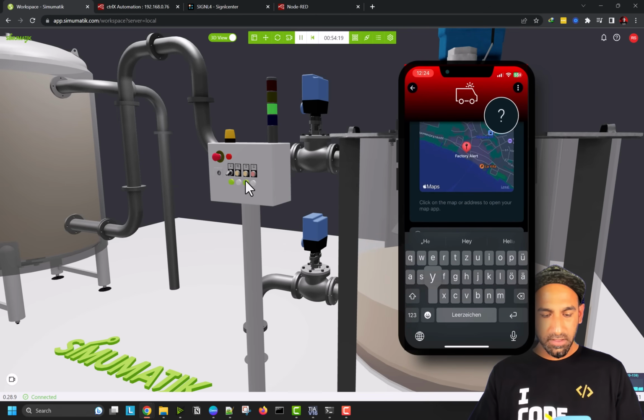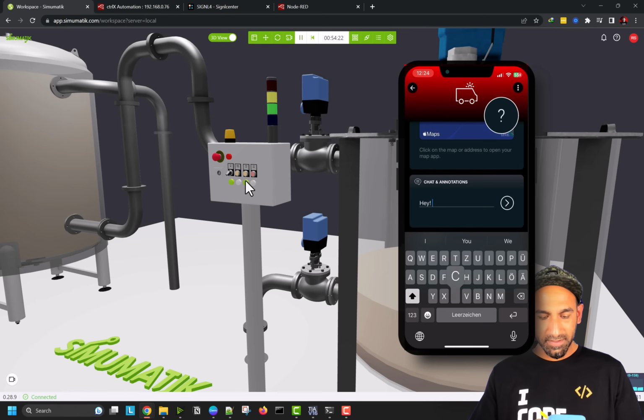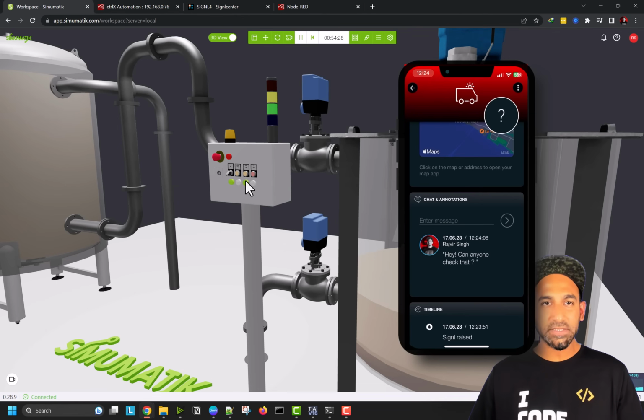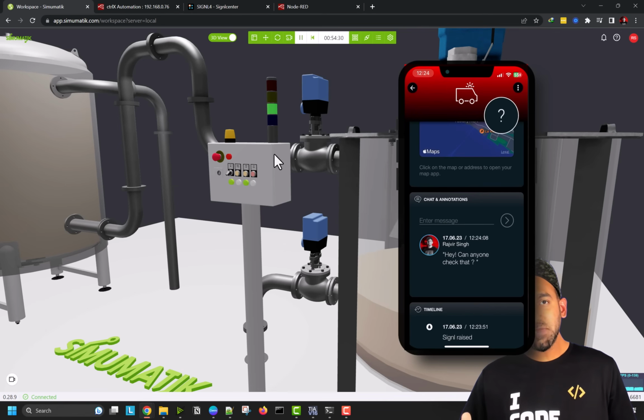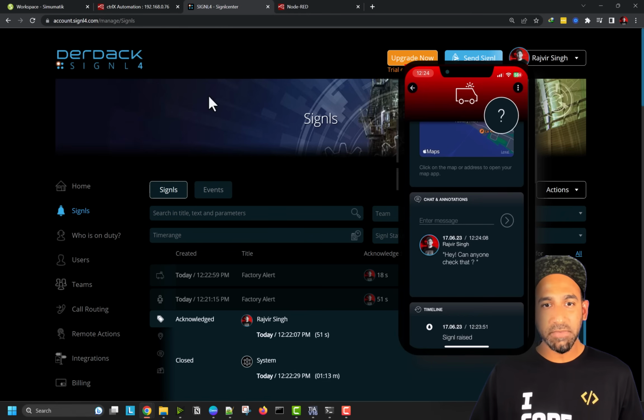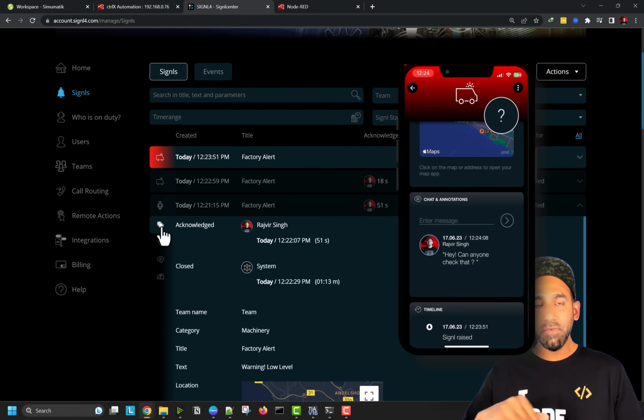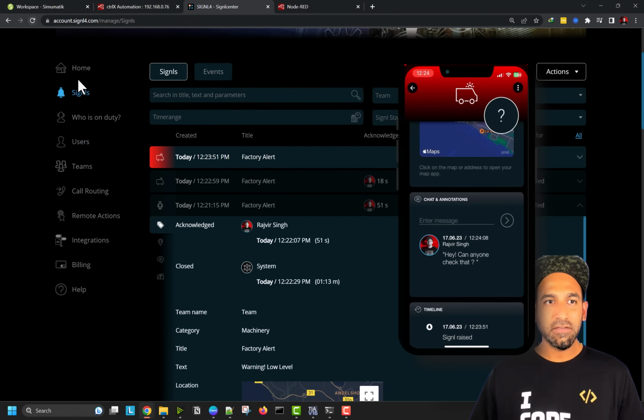I say, hey, where's that? Can anyone check that? And then you press chat. Now the chat is coming here, and someone who is in the team can also see this chat. So right now you can see in my team, I have 2 members, and I can't simulate the other mobile phone here, but you can imagine